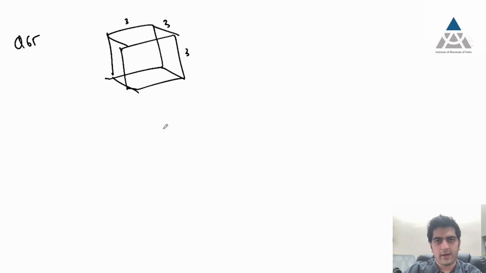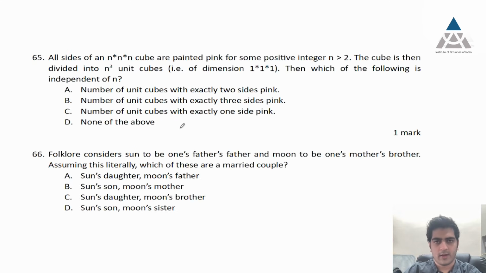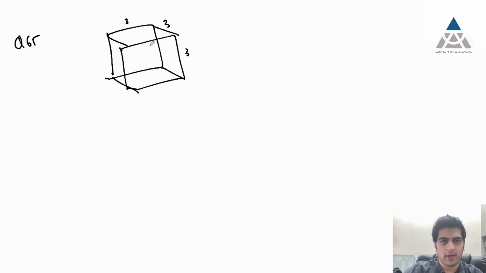We have painted everywhere, we have painted it as pink. Okay, and then we have kind of removed the cube, like you just imagine a Rubik's cube. So we have removed the cubes into n cube unit cubes. So here when you remove these cubes, that is just extract 1 by 1 by 1 cube, this obviously has